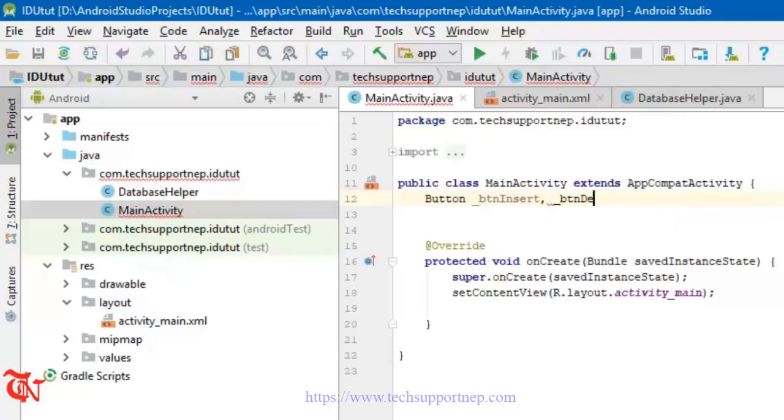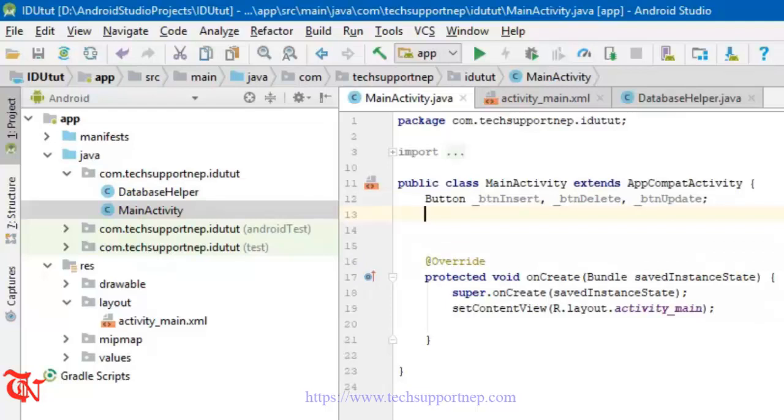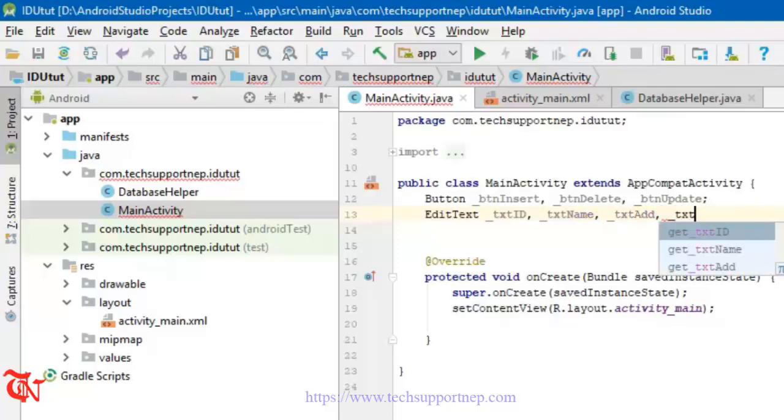underscore btn delete, underscore btn update, and we need to declare our text boxes. So EditText underscore txt id first of all, underscore txt name, underscore txt address, underscore txt phone and underscore txt email,